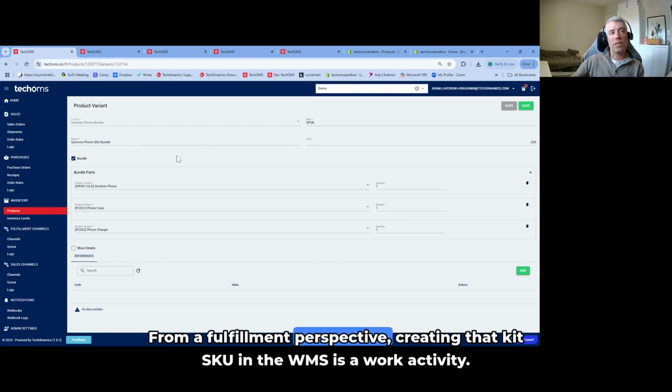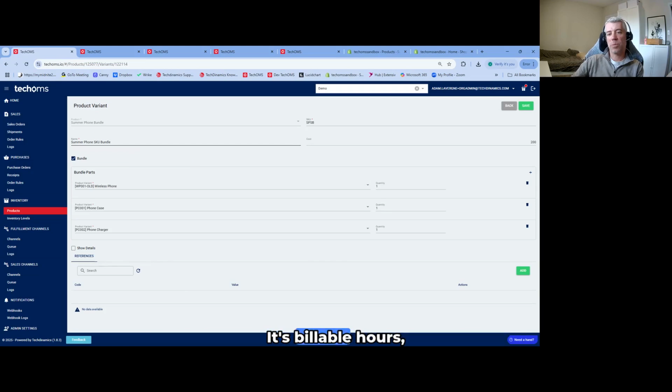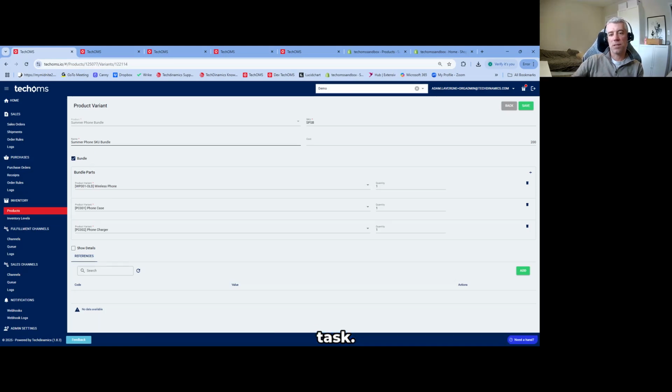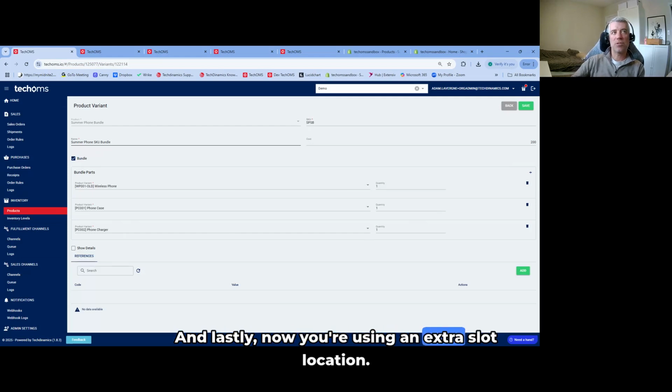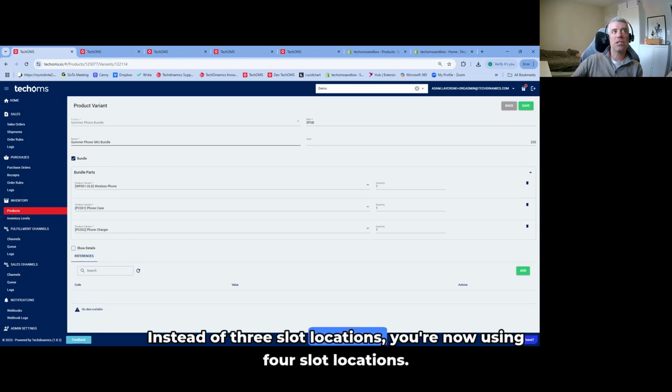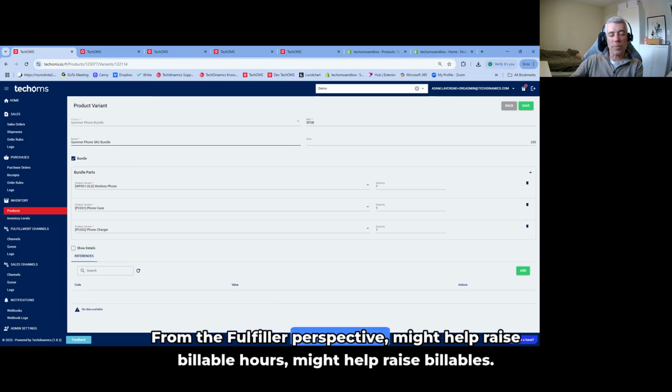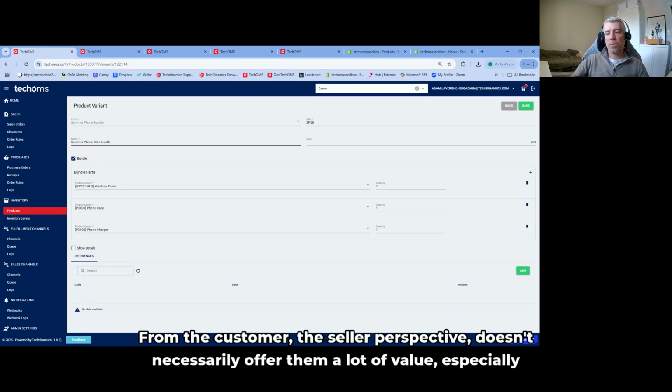From a fulfillment perspective, creating that kit SKU in the WMS is a work activity. It's billable hours. Physically moving these products, individual components to that bundle SKU, to that slot location, is a physical task. Also, billable hours. And lastly, now you're using an extra slot location. Instead of 3 slot locations, you're now using 4 slot locations. Typically, slot location has a carrying cost. Again, another billable charge. From the fulfillment perspective, might help raise billables. From the customer, the seller perspective,